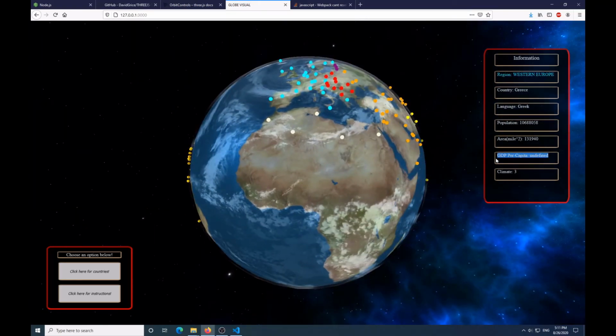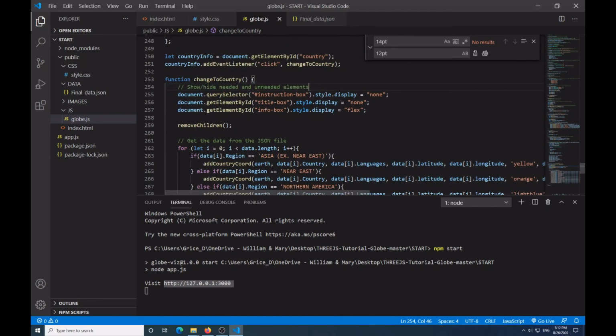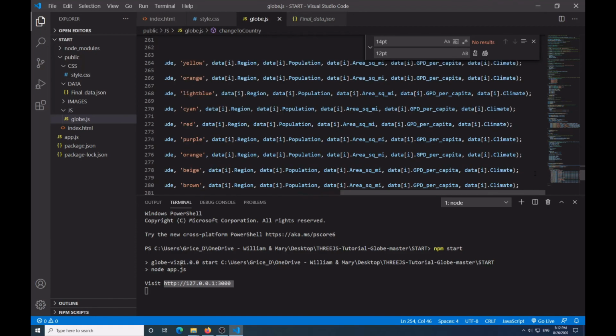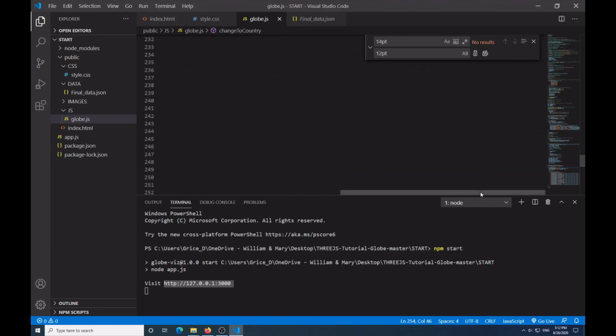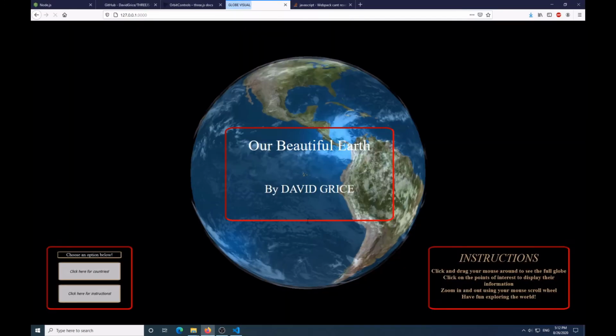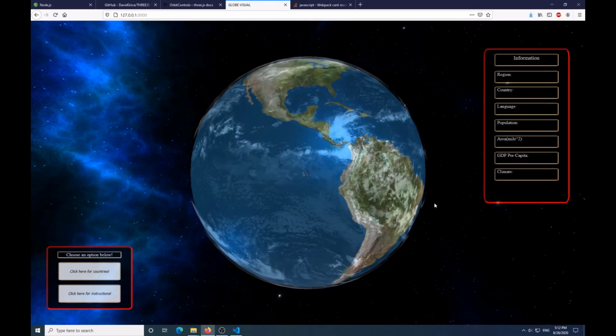If you notice here, the GDP per capita is undefined. That's because when I have it clicked on, first make sure I have it, because it was displaying earlier, but yeah, that's why it's right here, it's GDP. I am a bit dyslexic when I type, so sometimes I'll need to say GDP and I say GPD. So now if I refresh this, click on this, then